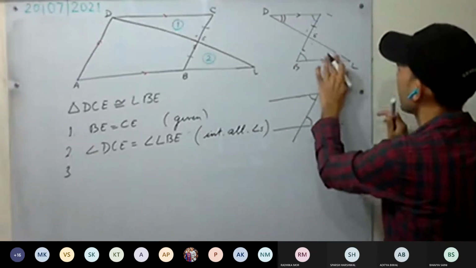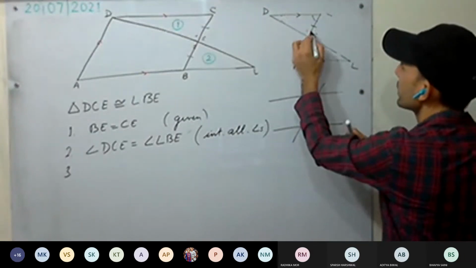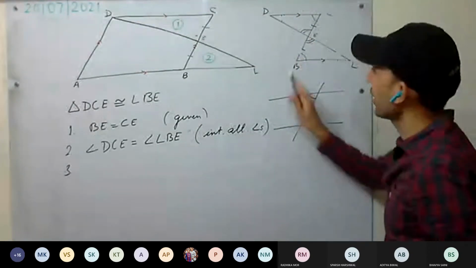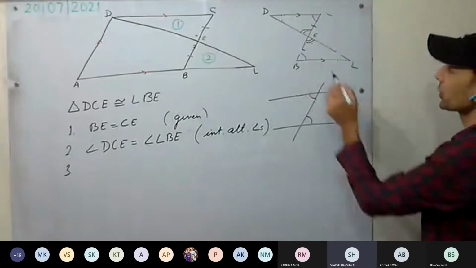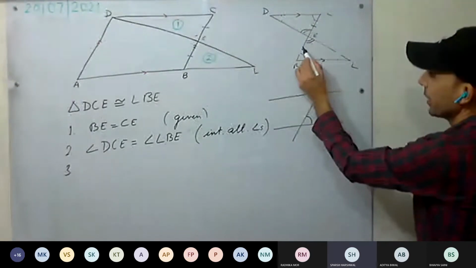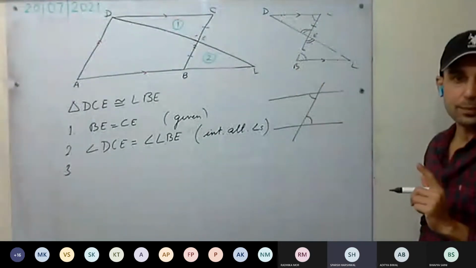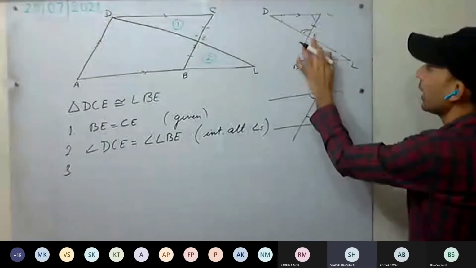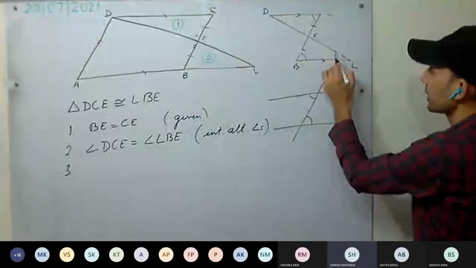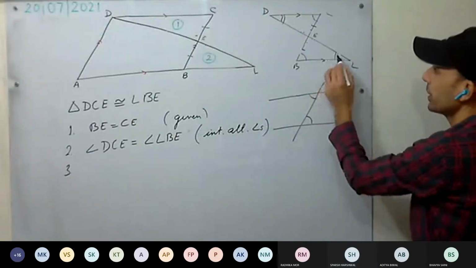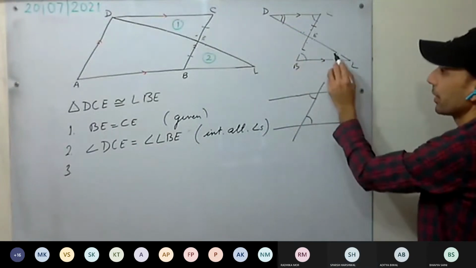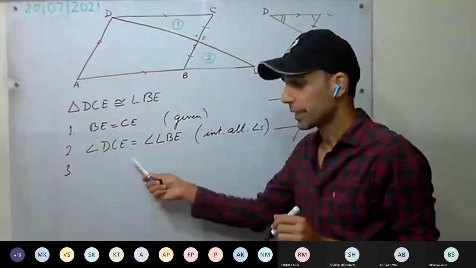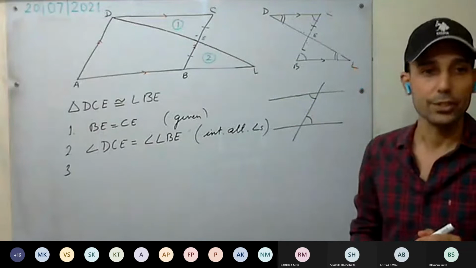If you are taking, for example, this angle and this angle, what kind of angles are they? Vertically opposite angles. Now, if you are taking this angle, which theorem have you used? ASA theorem, angle, included side, angle. And if you are taking this angle, it means AAS theorem. So it's up to you which angle you take. Accordingly, you have to write which theorem you have used.